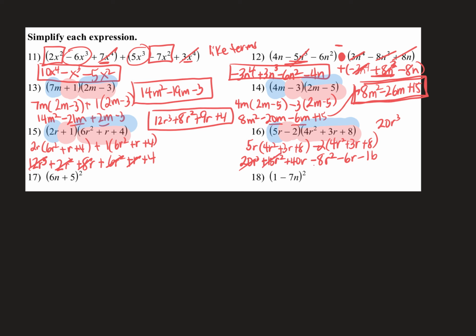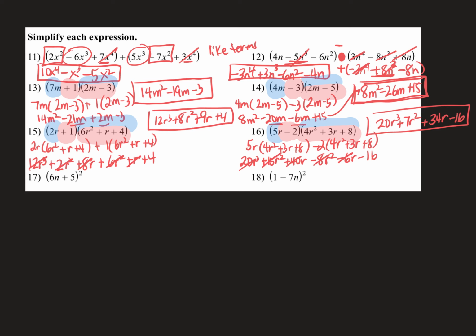15r squared minus 8r squared is plus 7r squared. 40r minus 6r is plus 34r, and then minus 16. That's the answer to number 16. Now, number